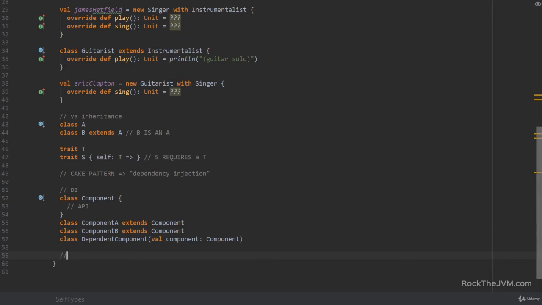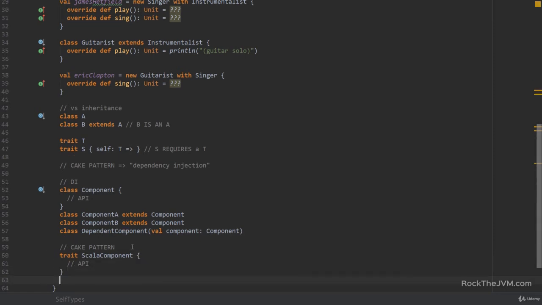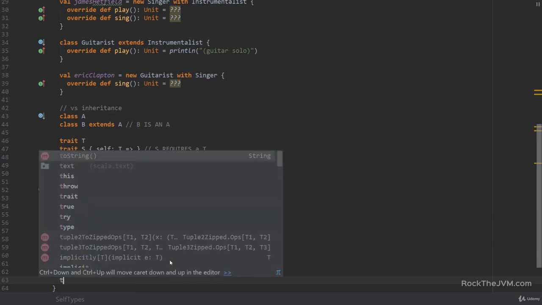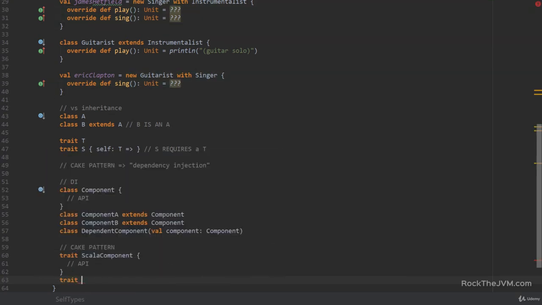Now, in Scala, we write the cake pattern as, let's say, trait ScalaComponent, and again, some API. And instead of passing instances of this ScalaComponent as an argument to the constructor, we can enforce the types by saying ScalaDependentComponent